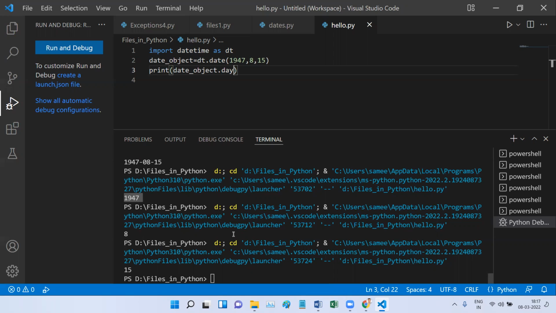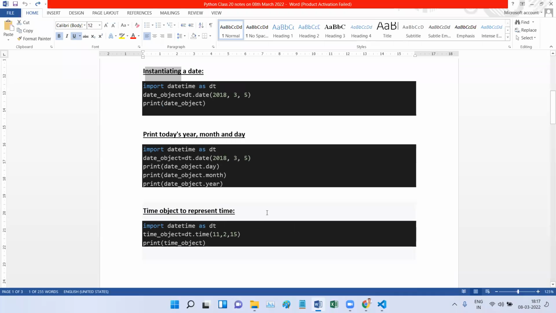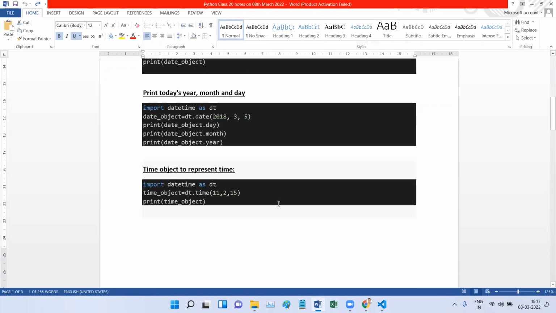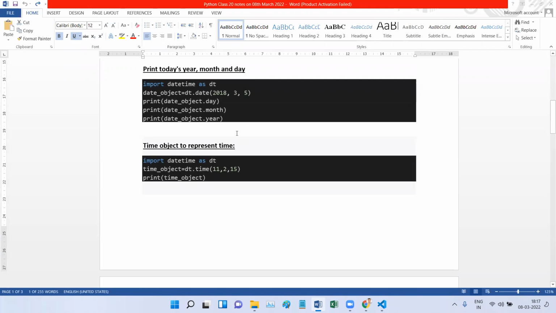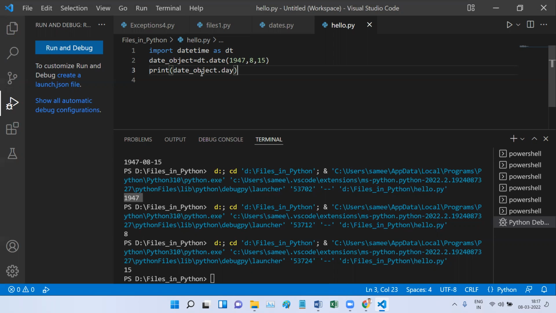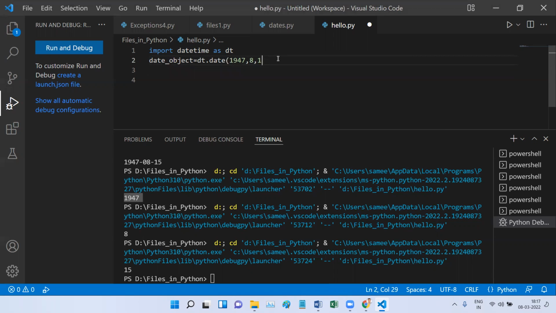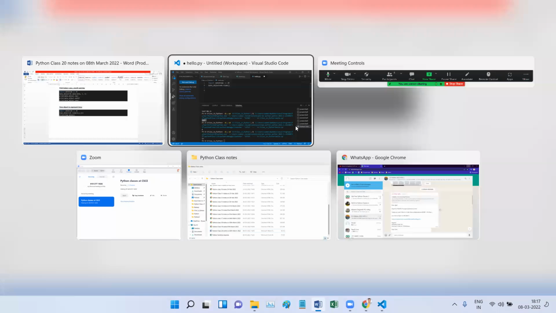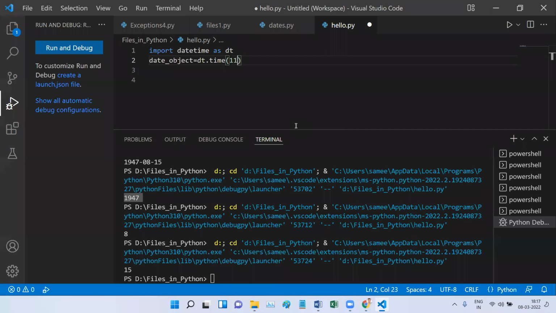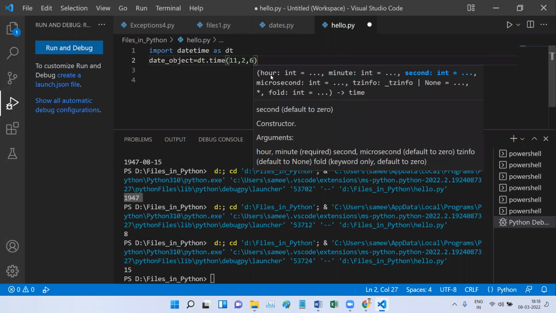Then let us go to my object. Then we have this time object. The time object is similar. I will remove this, so instead of date, we will proceed to the time object. Similar to date, you can also have a time object. Like I have mentioned here, you have to start with hours, then minutes, then seconds. This is how you will have the time object.